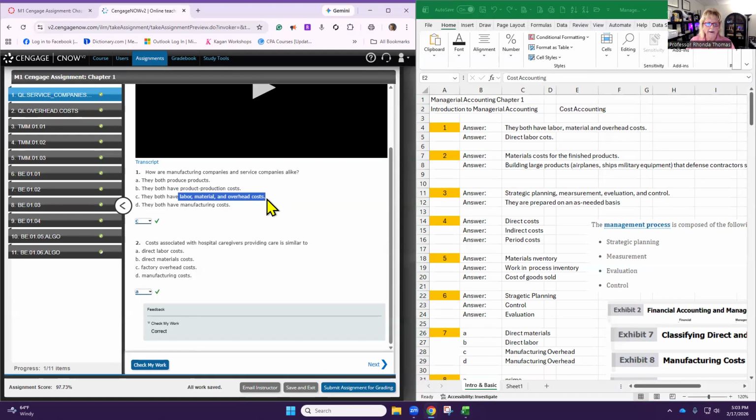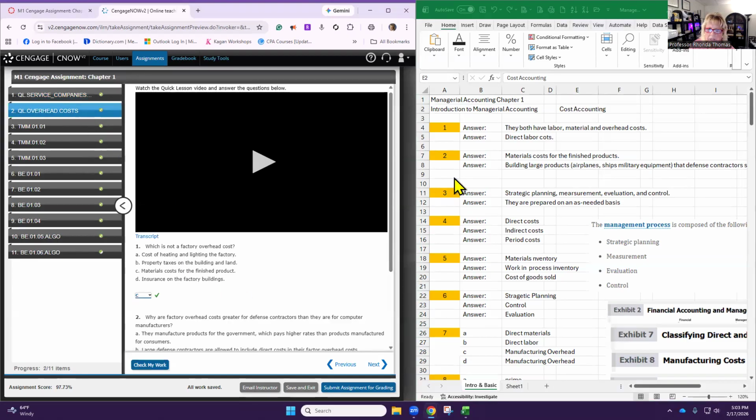You're going to find out direct materials, direct labor, manufacturer overhead. Costs associated with hospital caregivers providing care is similar to, so the caregivers are hands-on with the patients. So that would be direct labor costs. Make sure you pick the right letter. Don't pick A and that not be direct labor costs, okay? All right, number two,